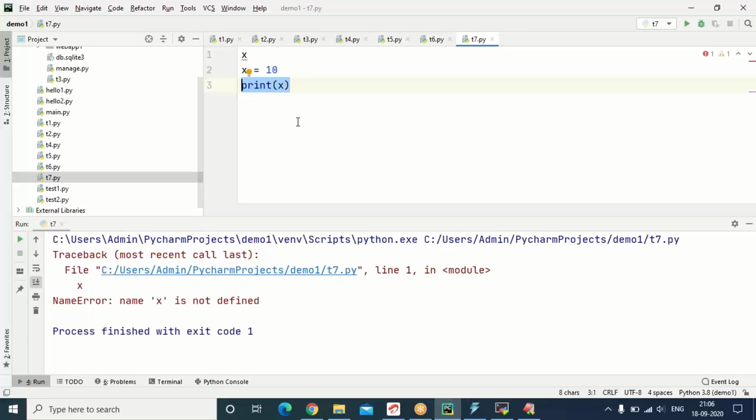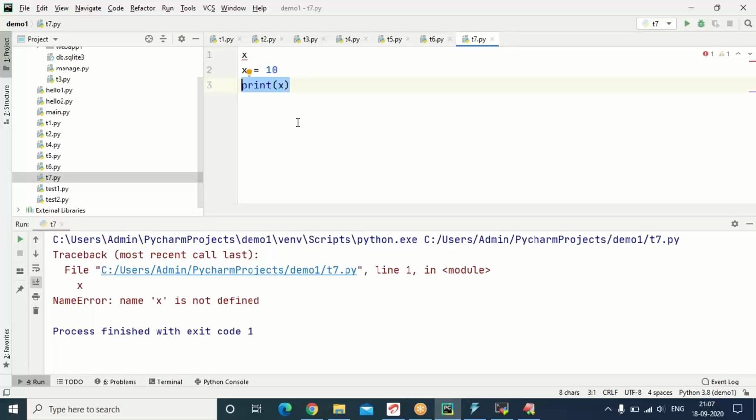Initial value should be provided while declaring a variable itself. Later you can modify wherever you wanted.